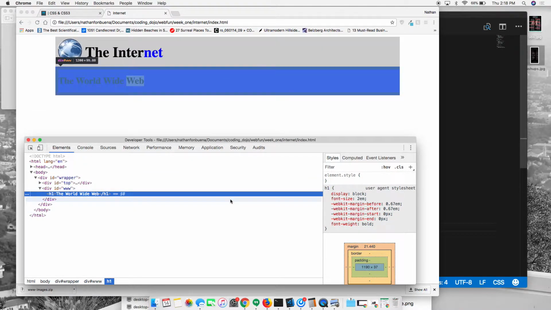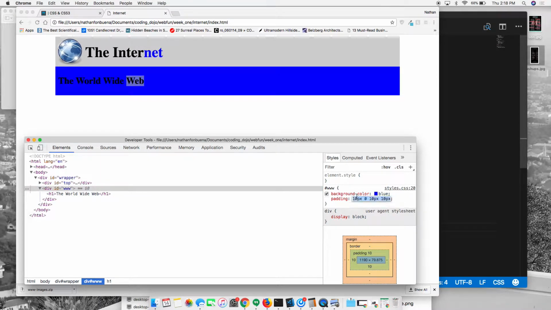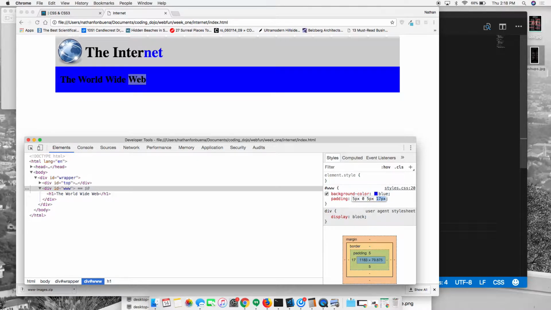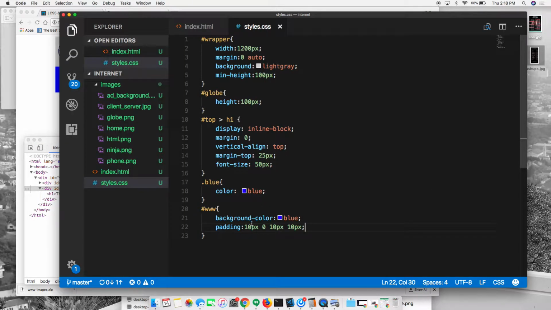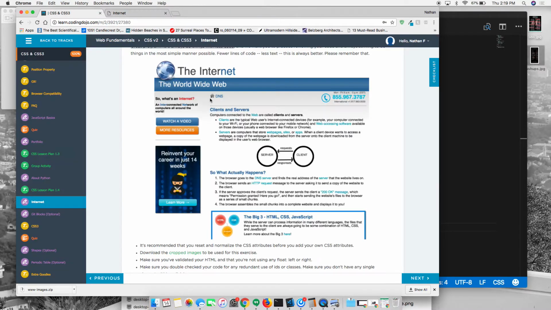Maybe we could drop it down to if we did 5 on the top and bottom. I like that a little bit more. And then we'll push this just to the right a little bit. 20. Okay, so we'll go 5, 0, 5, 20. 5, 0, 5, 20. And I really hate that blue, so